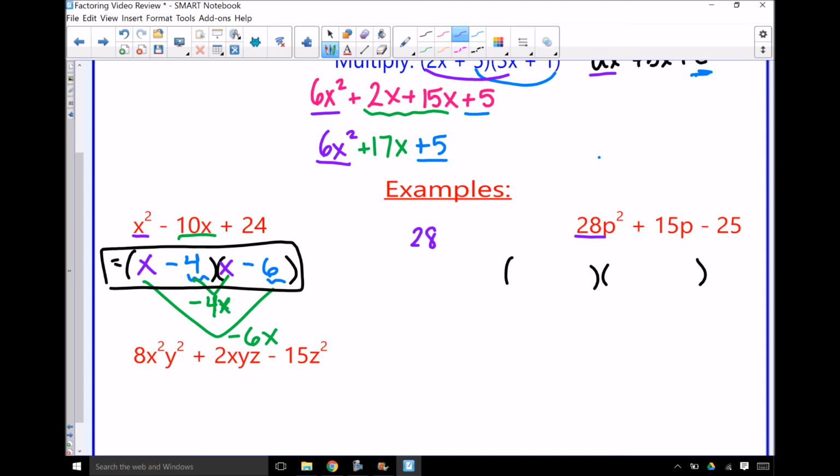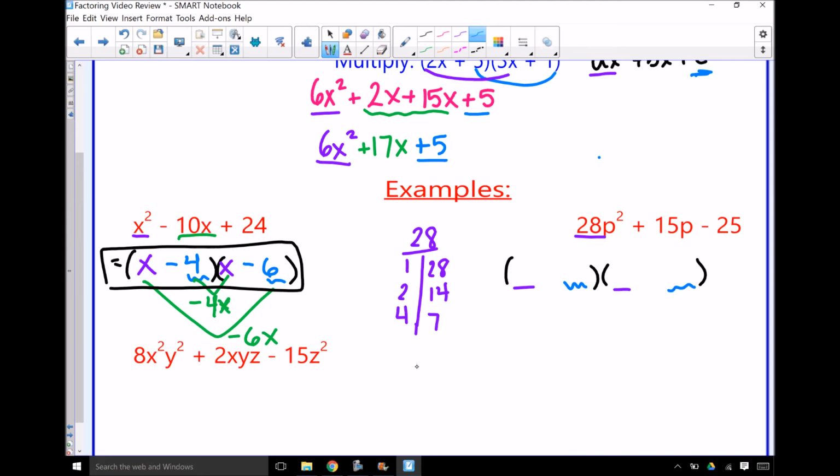So let's go ahead and look for factors of 28. So we know we've got 1 and 28. We know 2 and 14 will work. 3 doesn't work. 4 does work, 4 and 7. 5 doesn't work, neither does 6. 7 works, but now we're repeating, so we've listed all the different possibilities, okay? So that's what our possibilities are going to be for my ax squared term, or my ap squared term in this example. Now, I also know that my final terms in each bracket will multiply together to give me negative